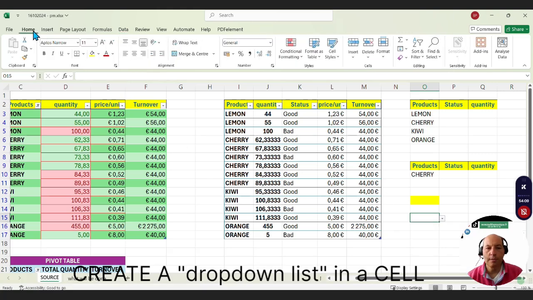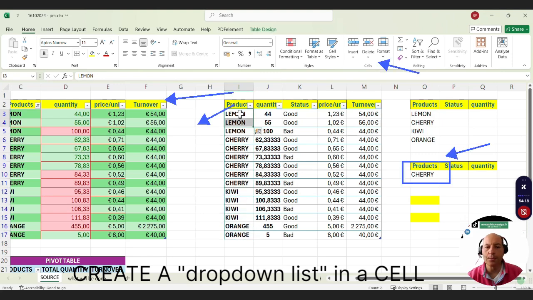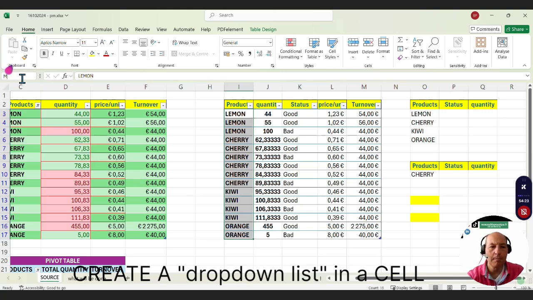The third option can be to give a name to my range of information. So I say here, this is my products. So I go back here. I give a name in the name box. Let's say my products. Enter. And then within the cell where I want to insert a drop-down list, I will refer to the name of the range of information, my products. And if I want to refer to the name within the source, I will have to type equal and the name I gave. So let's go back here, Data